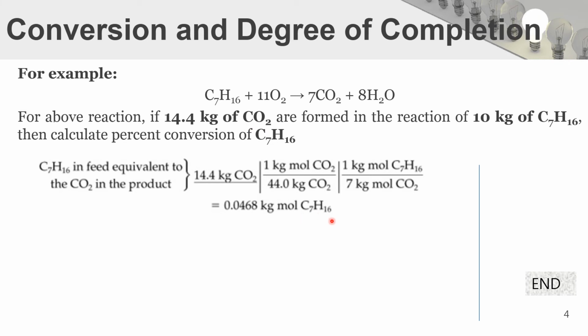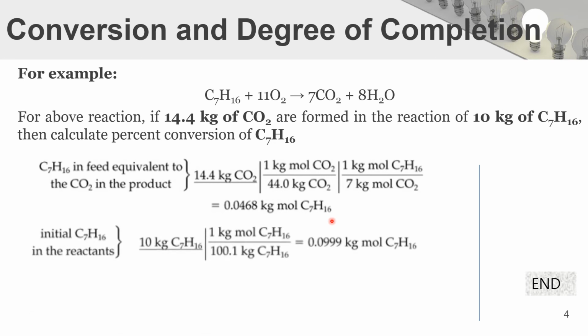The second part relates to the initial C7H16 in the reactants. We were given 10 kg of C7H16. By applying mole balance and calculating, we find out that 0.0999 kilogram moles of C7H16 were given to the system. Now we just have to apply the formula